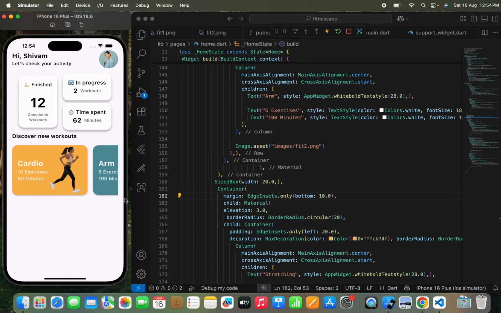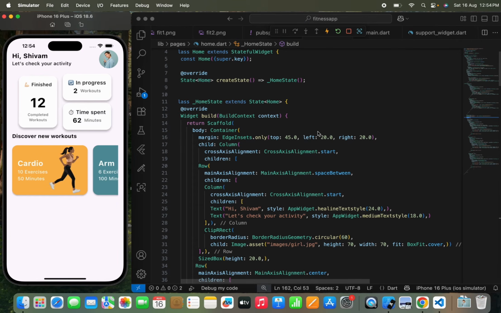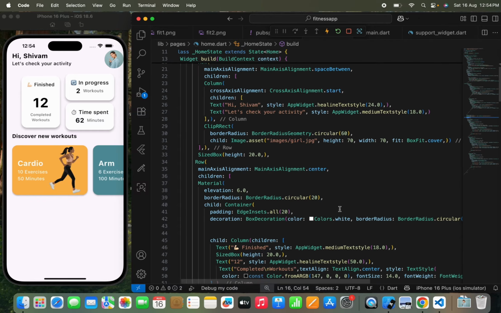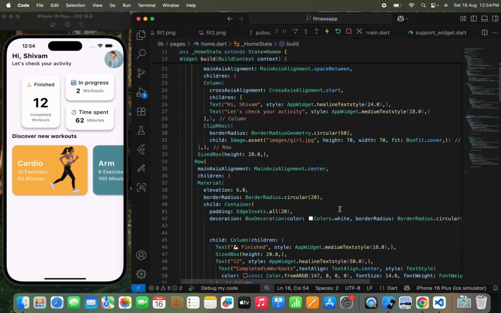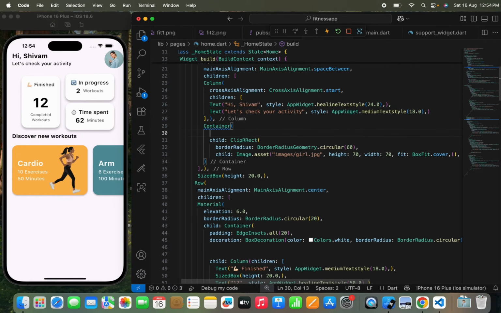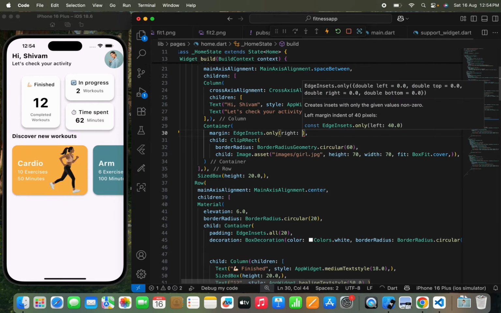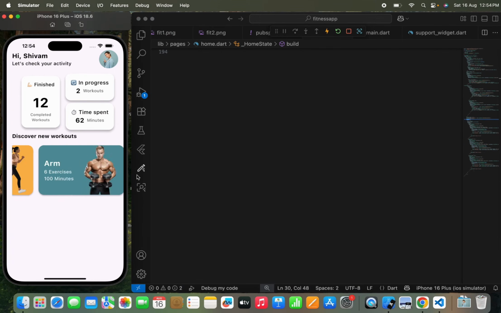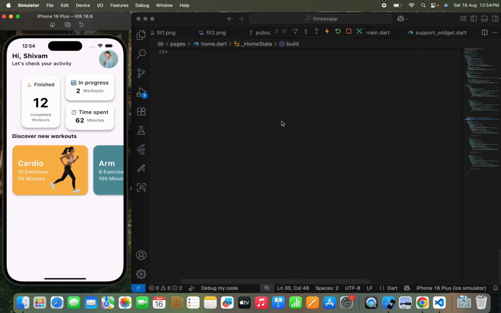Now you can see that by passing margin from the right position, it's going to cut out from here. But if you are thinking that doesn't look good, I'll just manage like this as well. There's nothing to worry about. And here I'll just need to pass container, we need to pass margin as in set dot only from the right 20.0. Yeah, so it's okay. So you can see how it's working, and we can just pass like cardio, arm,